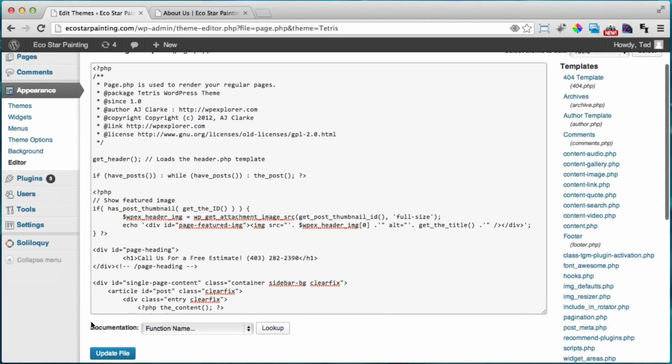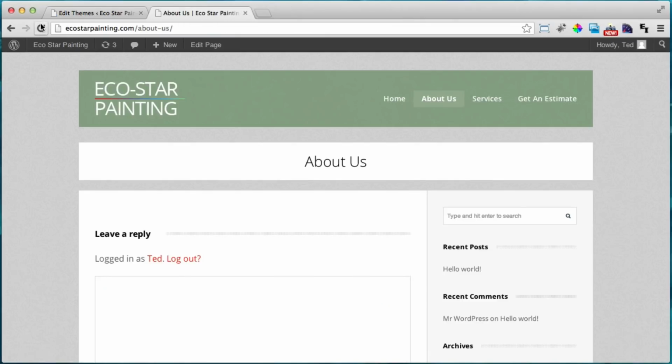Alright, and let's click update, and let's refresh this page and see if it works, and indeed it does. Alright, so now we're done with most of the styling for the website, and we can start adding some content